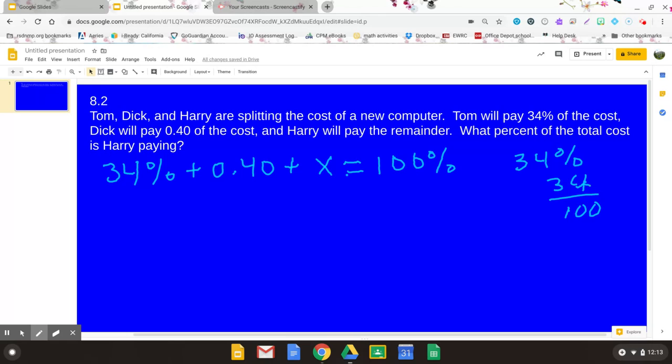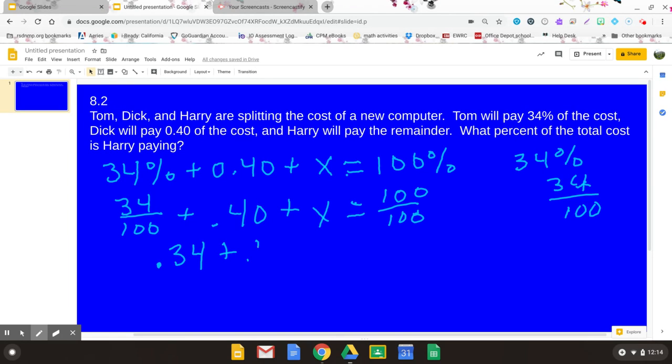So I'm going to write that as a fraction, 34 over 100, plus 0.40, which I already have as a decimal, and I want everything to be decimal, so I'm going to leave that like that, plus X, and then 100% as a fraction is 100 over 100. Now I'm going to turn those fractions into decimals. So 34% as a decimal is 0.34 plus 0.4 plus X equals